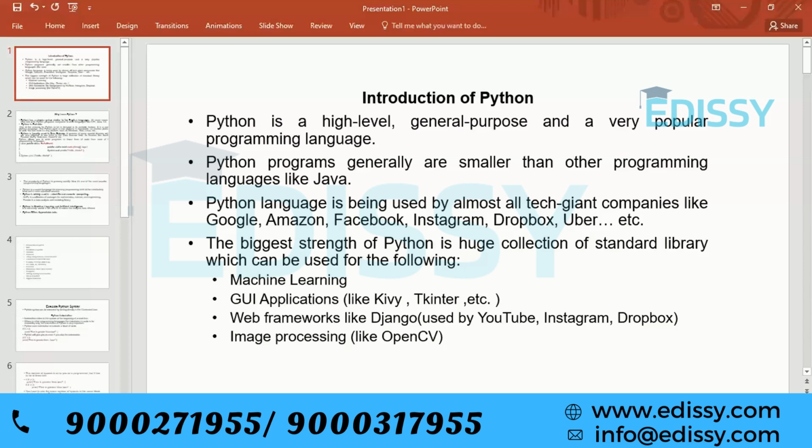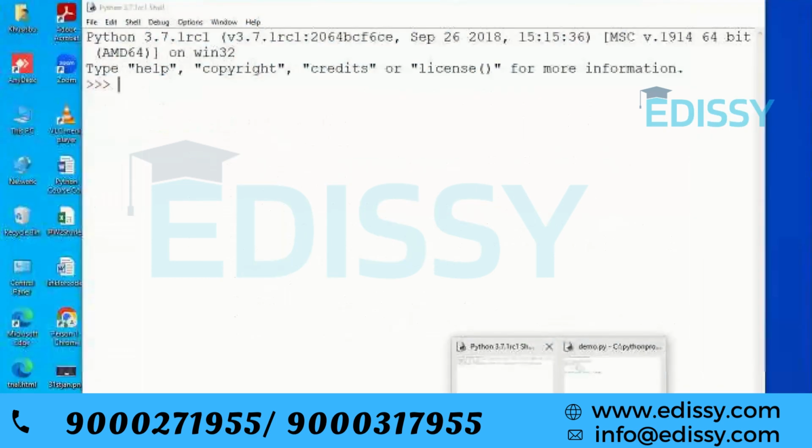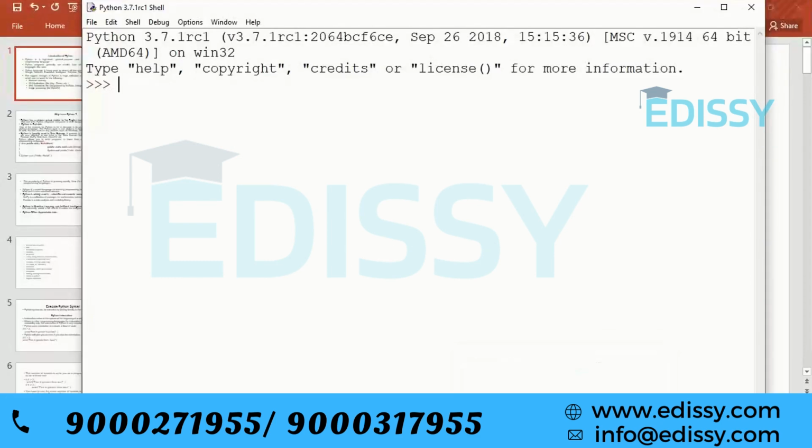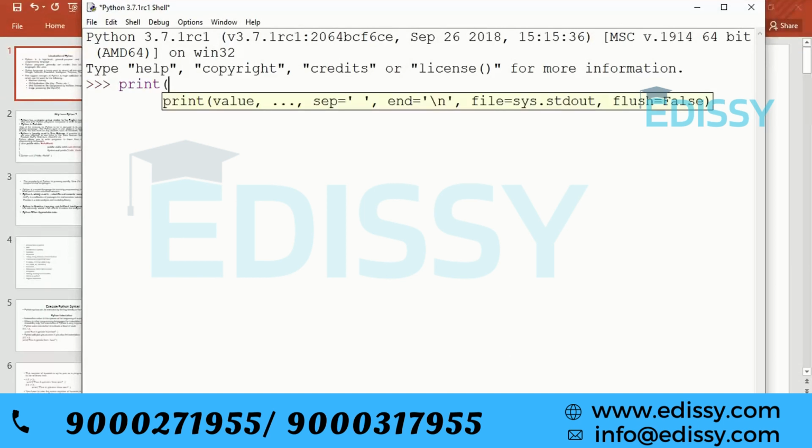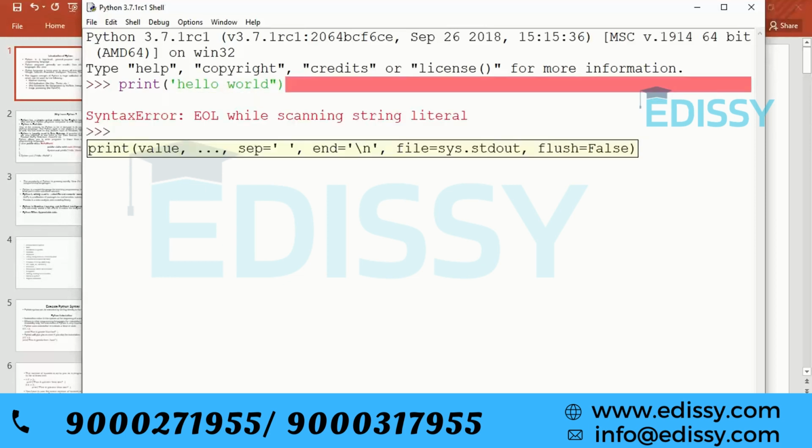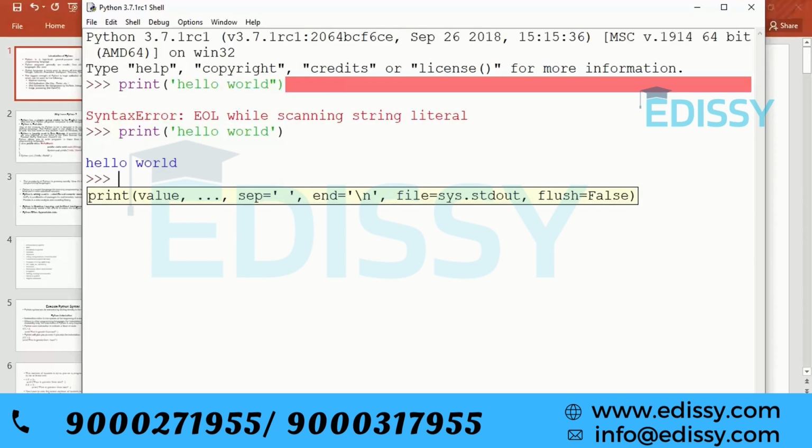If I give you a simple example, if you want to print something simple in Python, you will just write print, and it will print hello world.